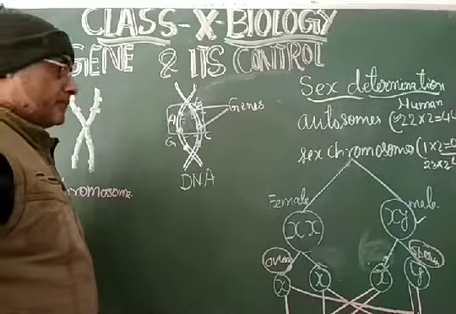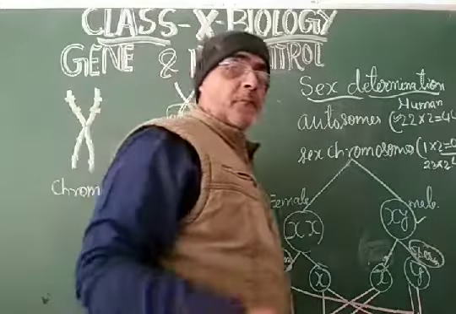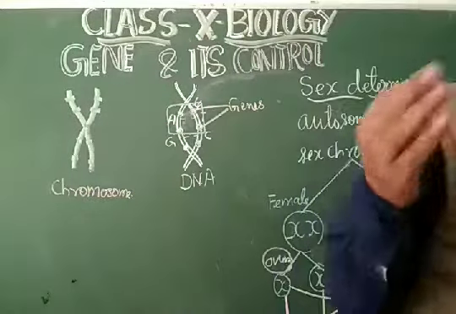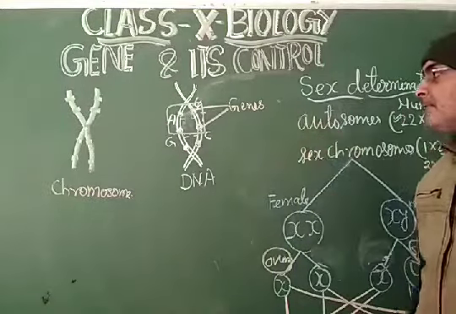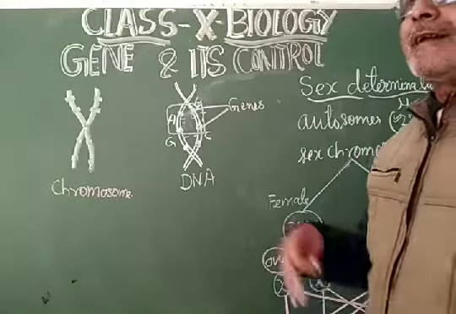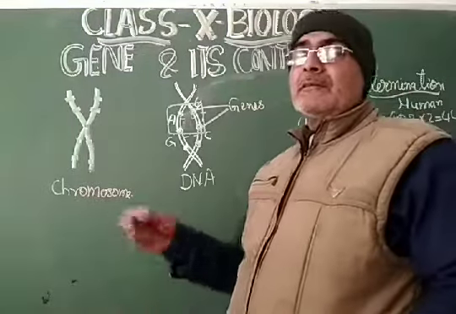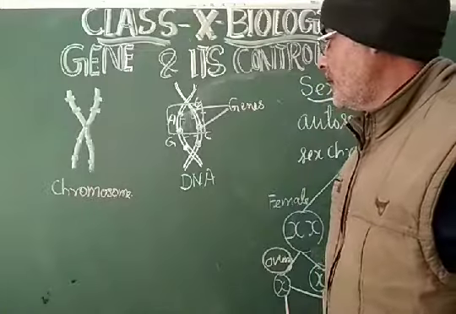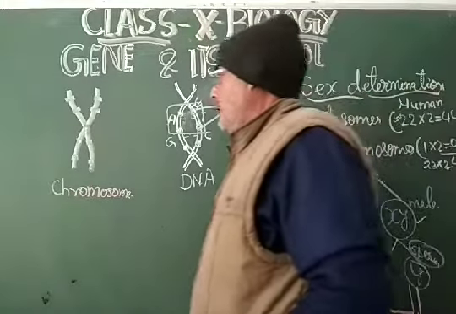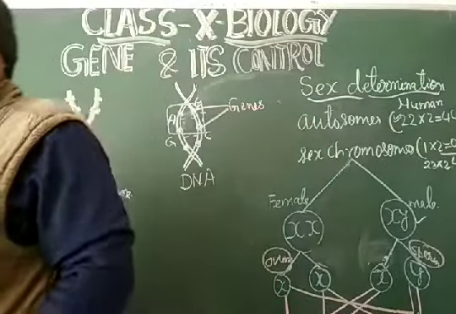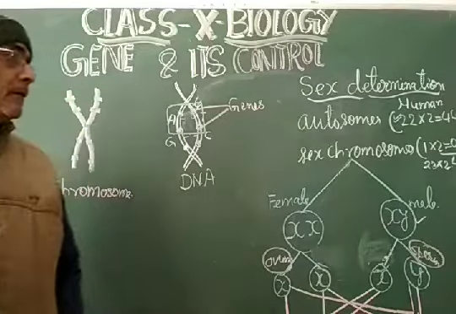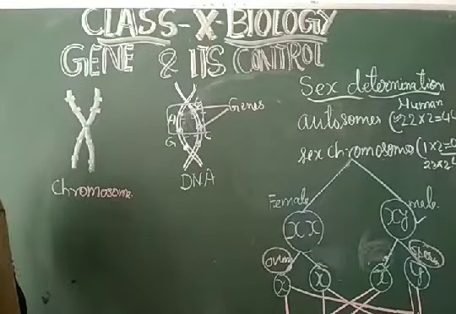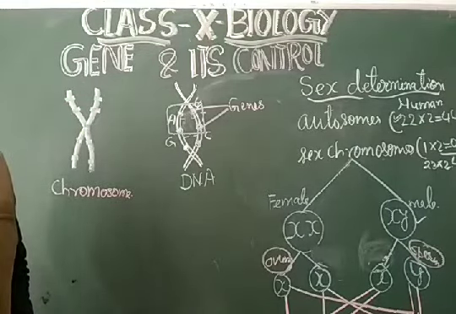Explain gene. Gene is the specific protein segment of DNA which is responsible for inheriting and transferring the character from one generation to another generation. Why are chromosomes in pairs? My dear students, the chromosomes are in pairs just to express the pair of alleles, just to express the pair of genes.